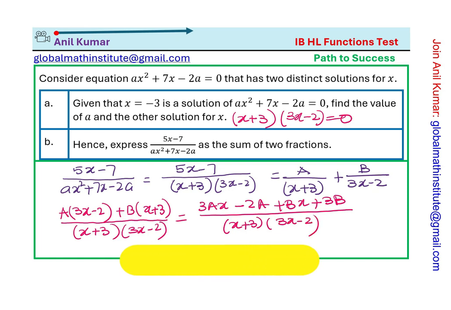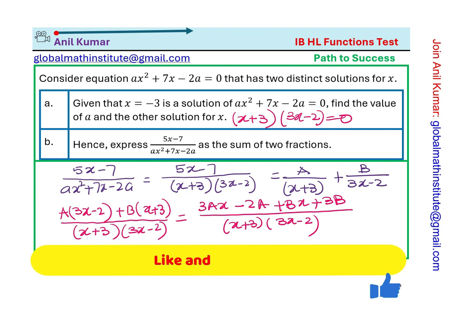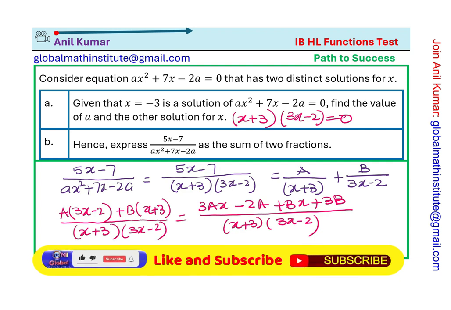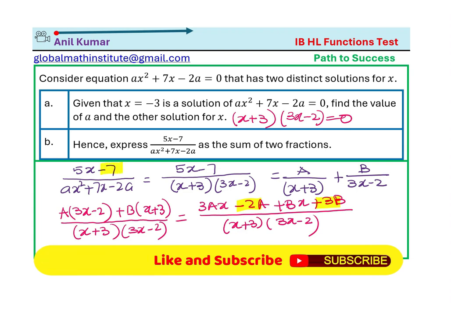So what you notice here is that we have a term which is constant. We also have a term which is x in it, right? So what we will do is the constant term, which is minus 2a plus 3b, will be equated to minus 7, right? And the other term with the variable will be equated to 5x, and that gives us two equations,